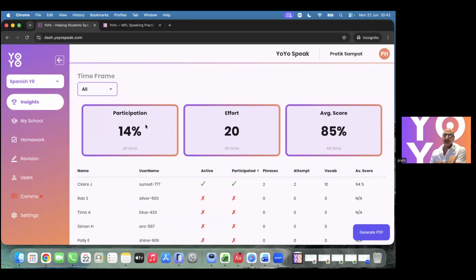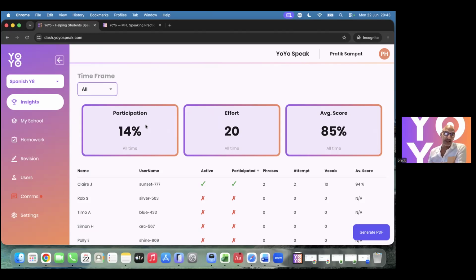Amazing, amazing. So we've got more questions coming in now. The next one was, I think you've answered this, but we'll just go over this again quickly. Can homework or tasks be differentiated within the same class, or does every student receive the same assignments? Yeah, everyone receives the same assignments.